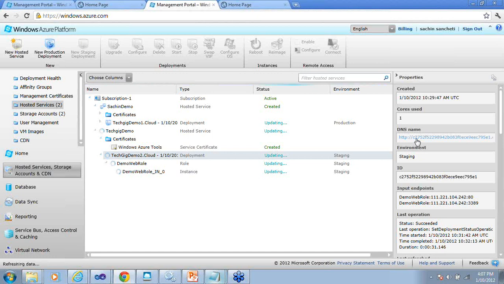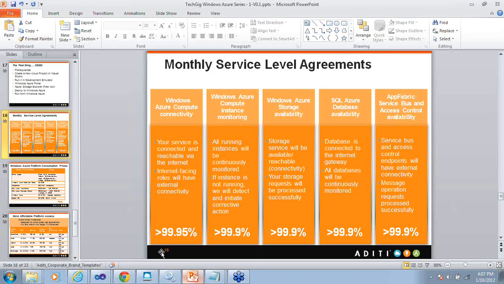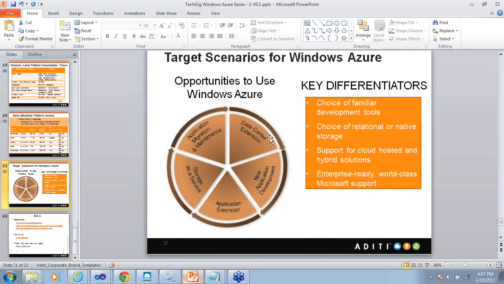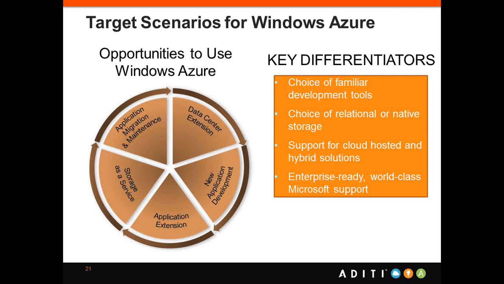I just want to end the presentation with the final slide, which says what the opportunities to use Windows Azure are: application migration and maintenance, data center extensions where you want to burst some of your compute to the Windows Azure data center, and new fresh application development where you want scalability or agility, mashup kind of applications. Some part of the application you want to run as core engines. For one of our customers, it was an e-commerce site, so everything else, like customer data, was running on-premise. We got the e-commerce engine running on Azure. So that is kind of application extension.